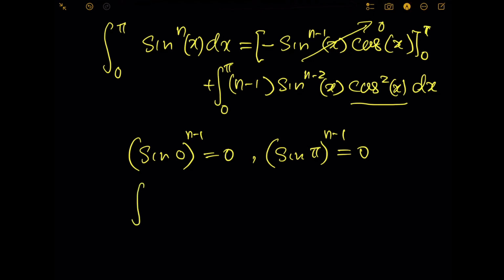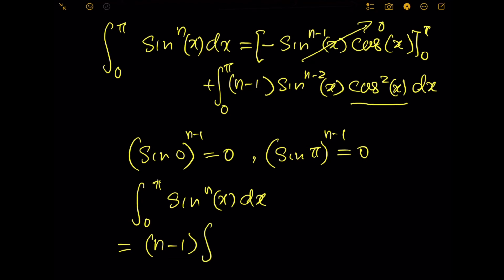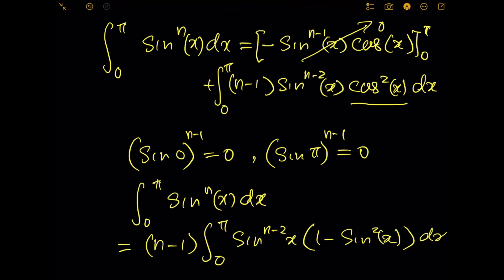So the integral 0 to pi sine power nx dx is actually equal to n minus 1 integral 0 to pi sine x power n minus 2 multiply 1 minus sine power 2x dx,